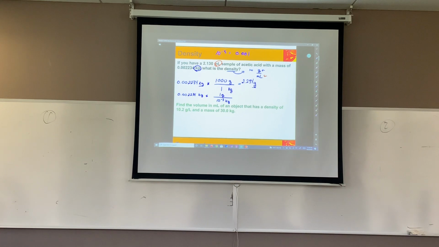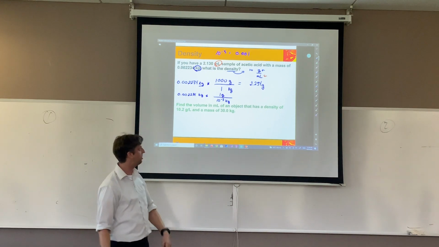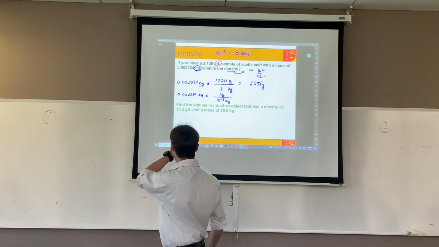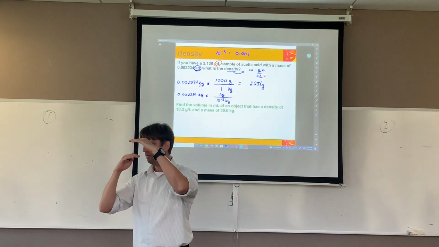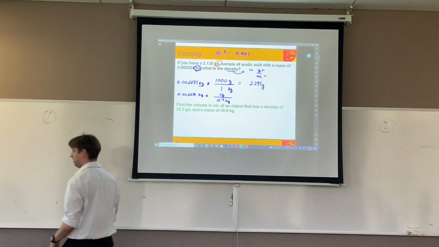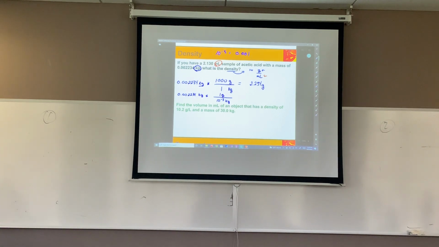So now we have, let me just give us some space here. Right? So now we have our answer. Now we have our answer in grams. We have that many grams, and so how do I finish this up? I'm asking for density. Density is always mass per volume. So to finish this up,